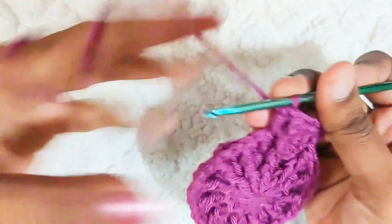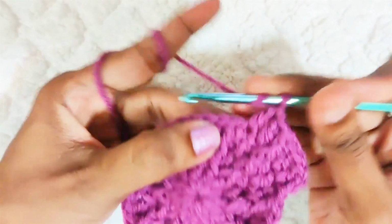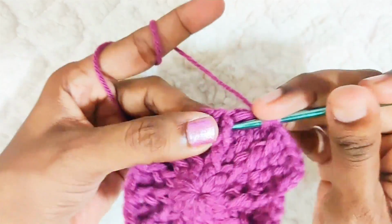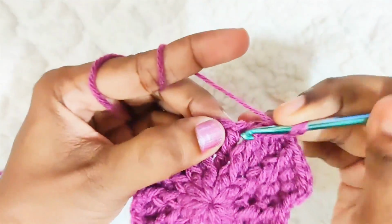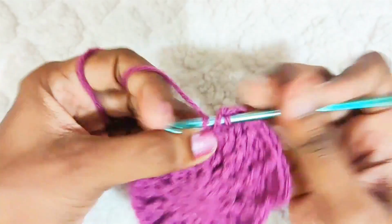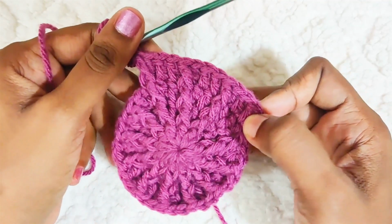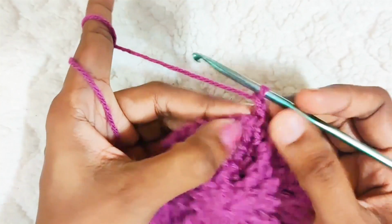Repeat the same. 1, 2 and 3. Now we have reached the front post double crochet. Here we will make 1 more front post double crochet in the same stitch. Repeat this all around. And once you reach the end, slip stitch on top of this first double crochet, and in total you should have 48 stitches. Next round, start with chain 2, 1 double crochet in the next 4 stitches,